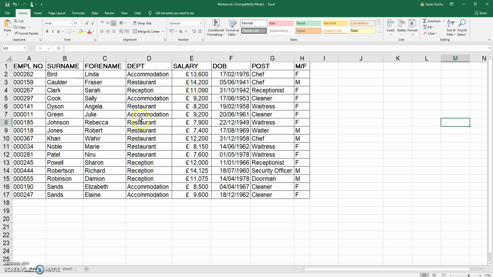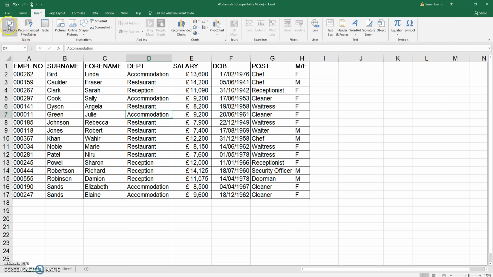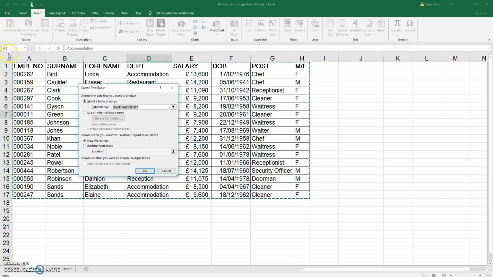To create your pivot table, you click anywhere within that table, go to Insert, and select Pivot Table, which is in the top left-hand corner. This allows you to select where you want to place your pivot table. It's always good practice to place your pivot table in a new worksheet. You could also place it on a specific worksheet, but it's good enough just to put it on a new worksheet. Click OK,